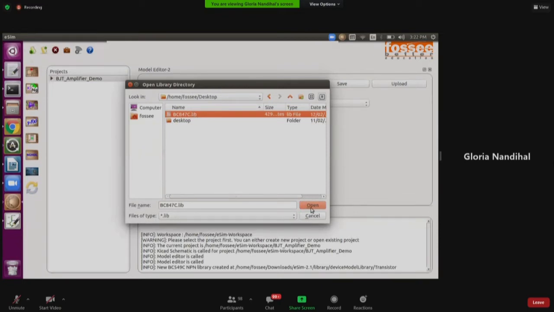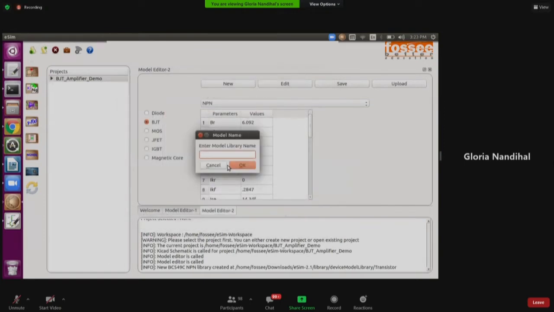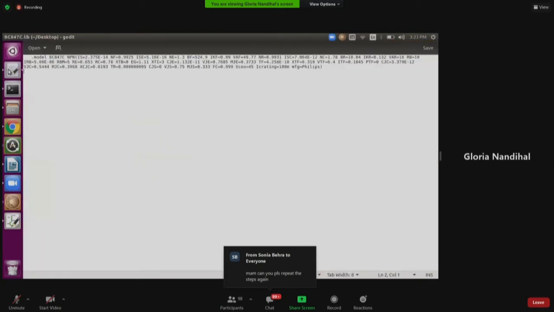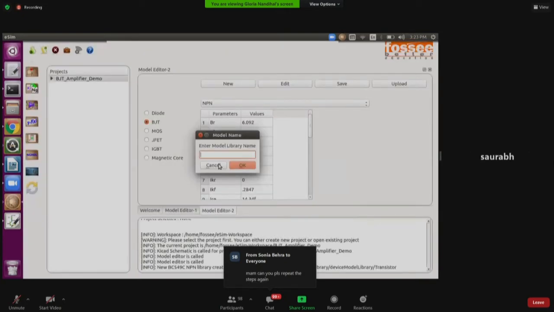And click on open. So what do you want your model library name to be? BC847C. Sorry to interrupt you. One user, Sonia Behra, is asking if you can please repeat the steps once. From the start or from the upload button? The upload button. Okay, sure. No problem.